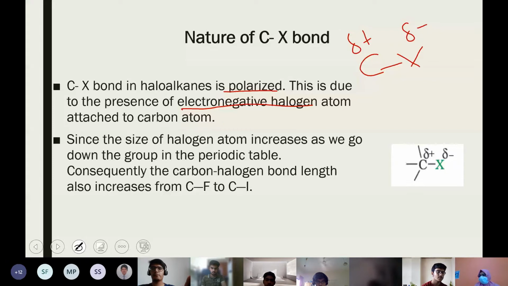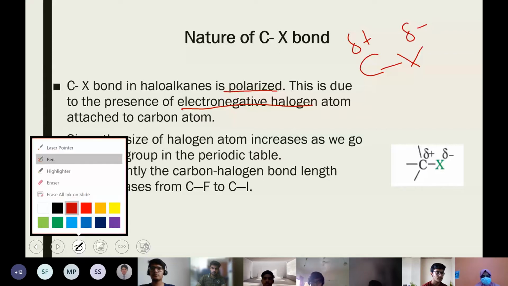Unlike a non-polar bond, polarized bonds are more reactive, so you can see there is more reaction involved with haloalkanes and aryl halides compared to hydrocarbons. Hydrocarbon means there are bonds between carbons and between carbon and hydrogen, and these are considered non-polar bonds. That is the first point. I think that is the only thing we discussed yesterday.